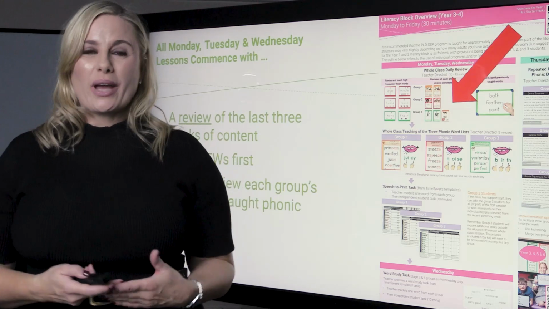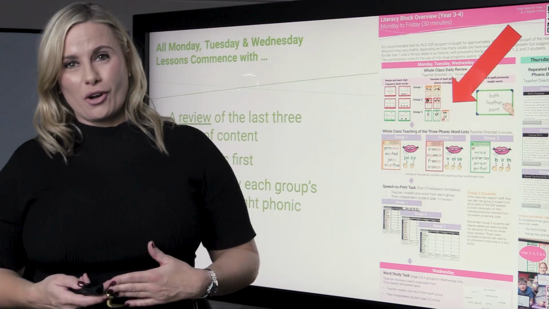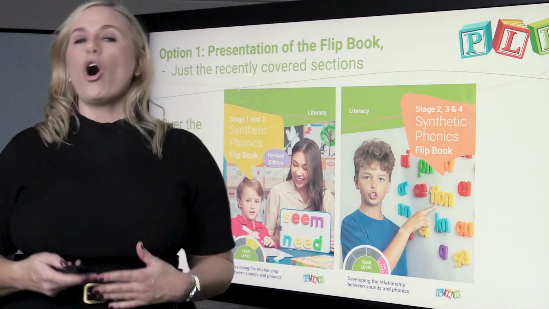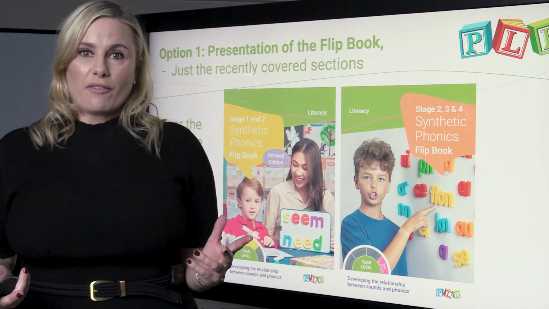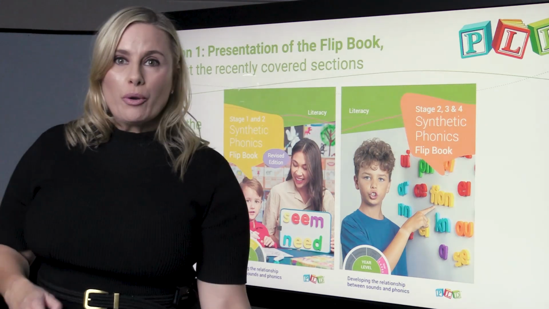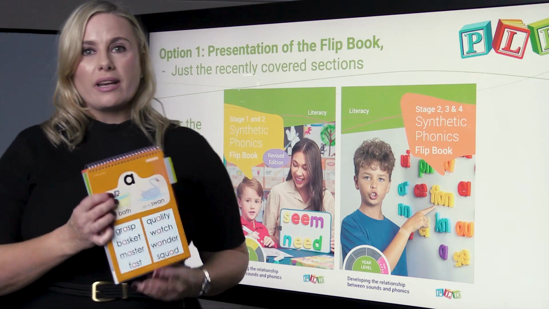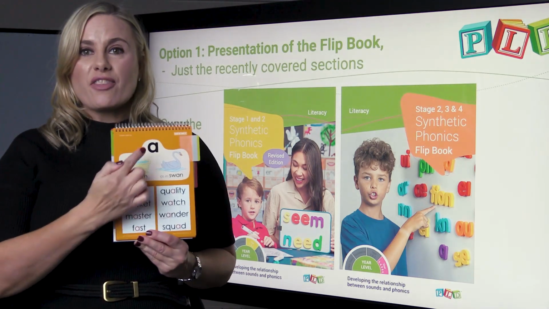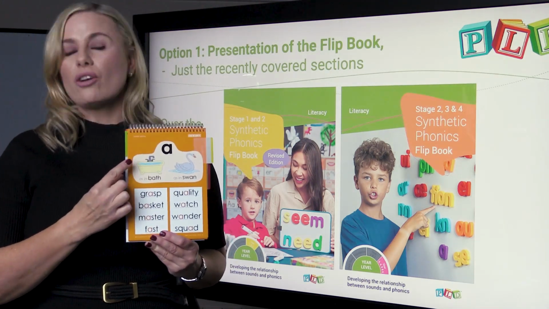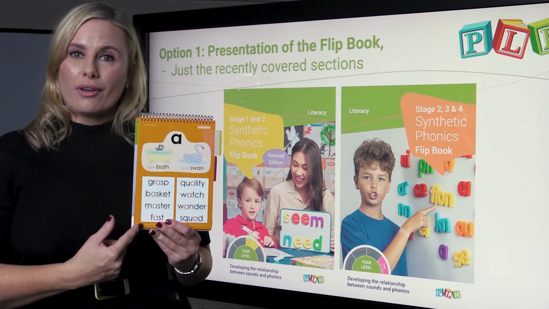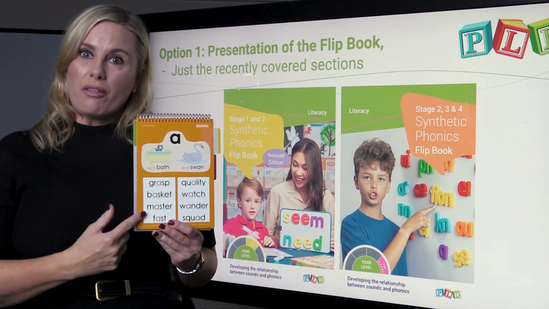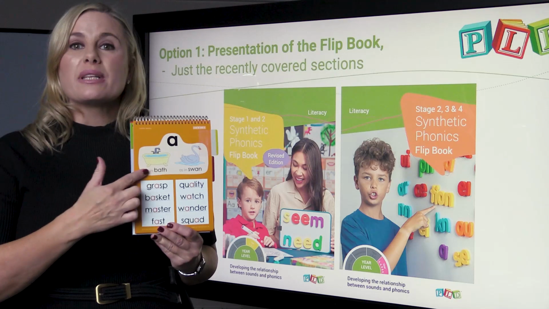Next, we're going to review each week's recently taught phonic concepts. Option 1 is the presentation of the flip book, just the recently covered sections. So, group 1, we have been learning in the last 3 weeks that the letter A can also say the sound of bath. If I was going to use my reading voice, I'd say bath. If I was to use my spelling voice, we would say